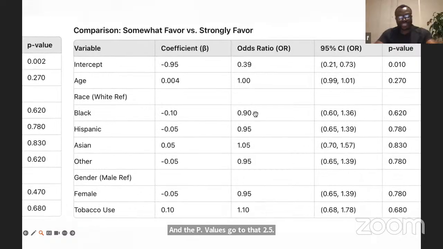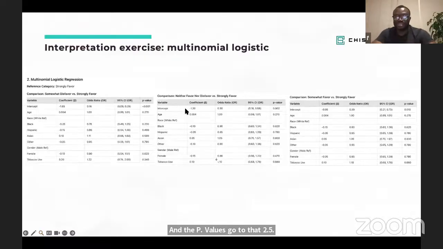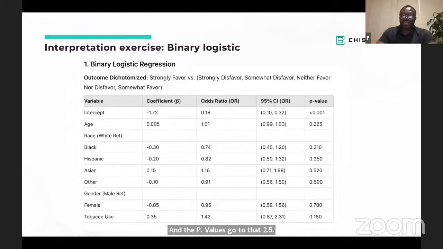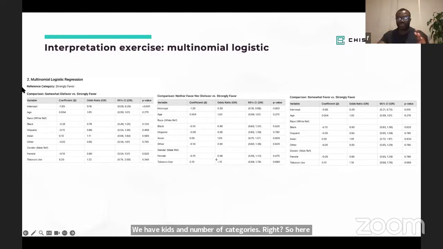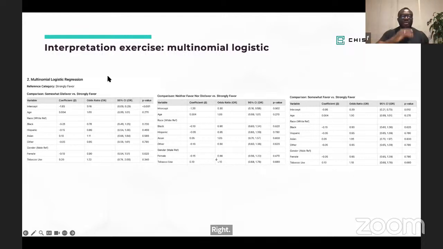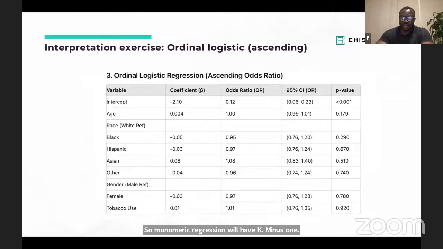So you see, this is how you guys are rock stars. This is how we interpret the multinomial regression. Remember, binary logistic regression has 1 output. Multinomial logistic regression analysis has k-1 outputs, where k is the number of categories. Here we had 5 categories, so we have 4 outputs, 1, 2, 3, and 4, the one that we have not displayed because of space. Or you can just pretend that we collapse 2 together. So multinomial regression will have k-1, where k is the number of categories in the